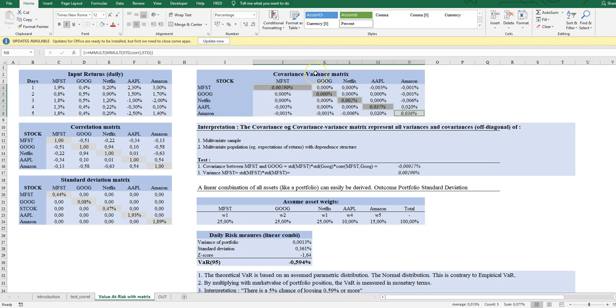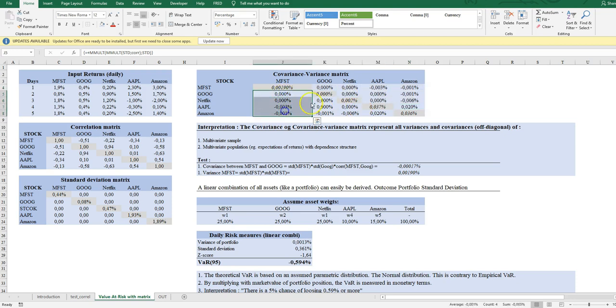That's the variance part in the label here, and then you have the covariance being all of the off-diagonal elements. And again, we have a symmetrical structure also in the covariance matrix, so the covariance elements are the same on both sides. And if I calculate the covariance matrix with Excel,